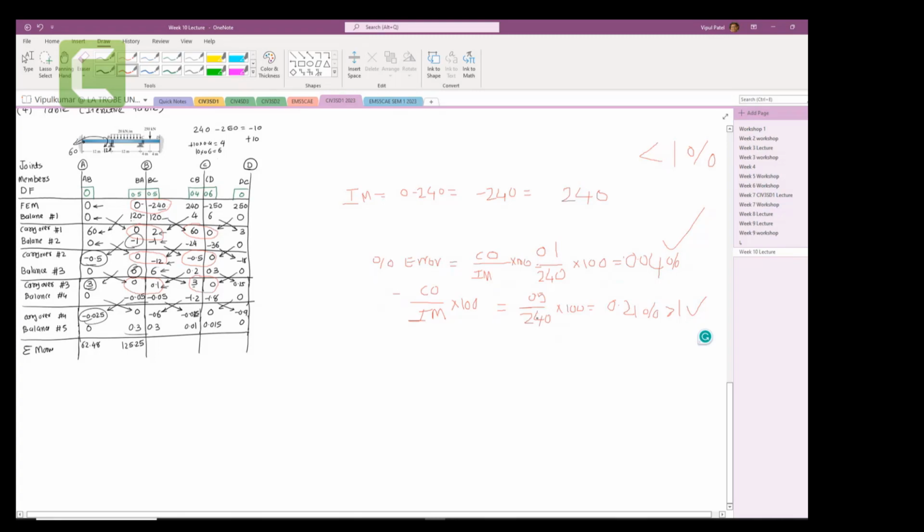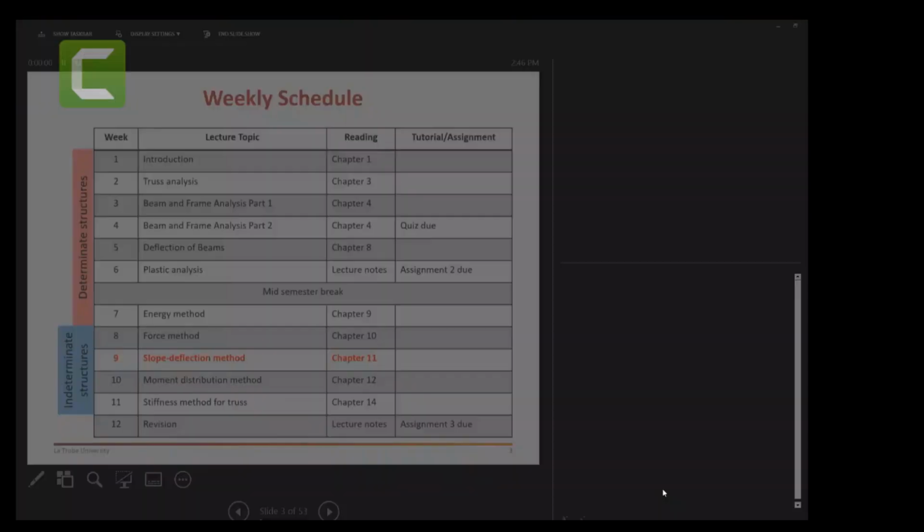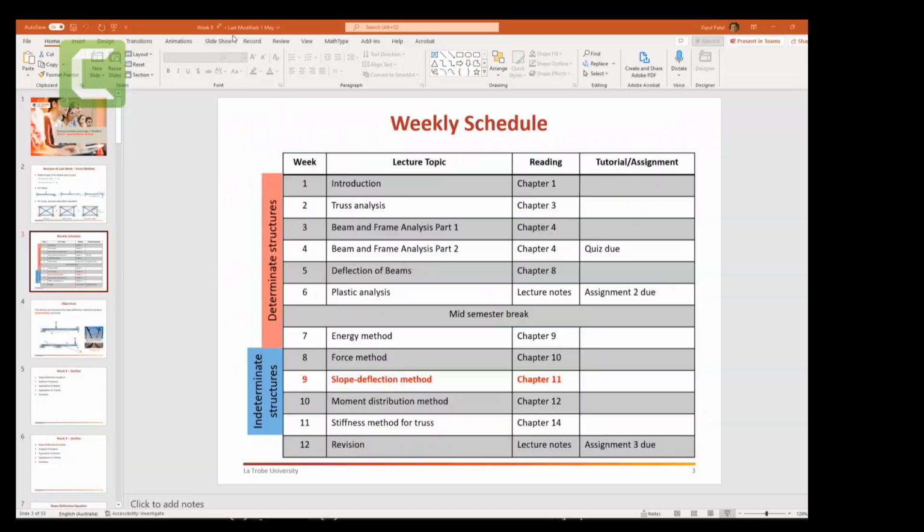Here I made a mistake. Here should be 10. Here it should be 10 because this is at point C. So just make the correction. Here is 10 because you have 10 here. So here 3 over 10 times by 100, you get